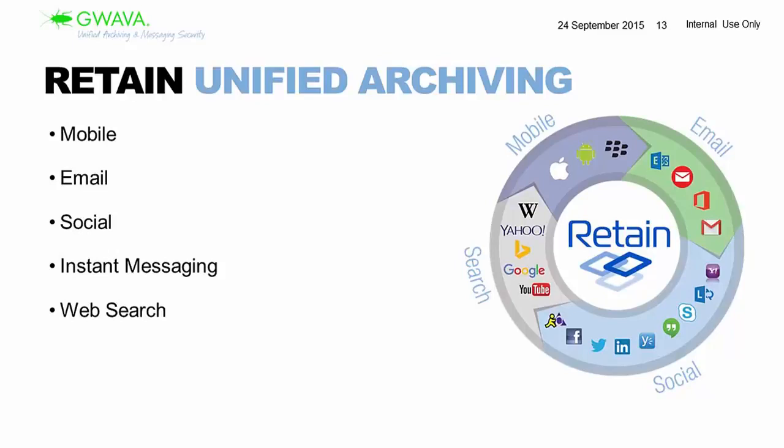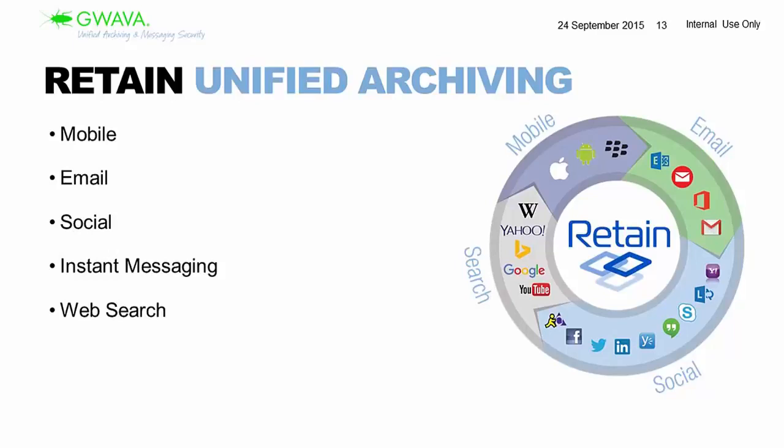So if you have things that are, let's say, sensitive information, proprietary information, or you want to prevent them from communicating inappropriate information, Retain allows you to implement policies to prevent your employees from posting things that are against those policies. And then, of course, that information is also archived in the Retain archive, in the same central archive that